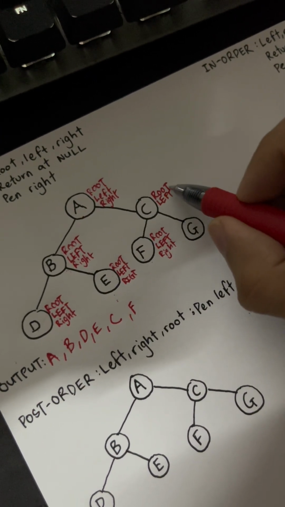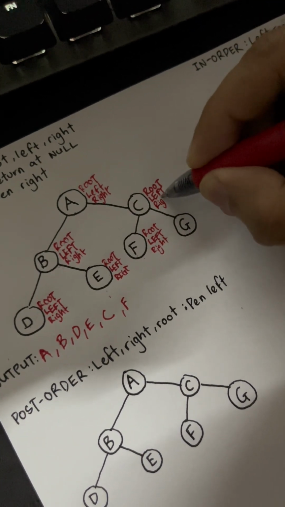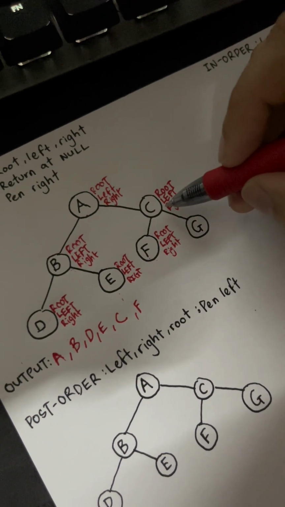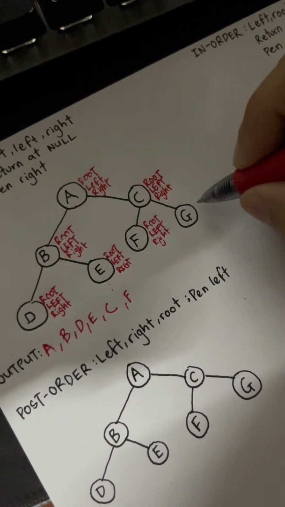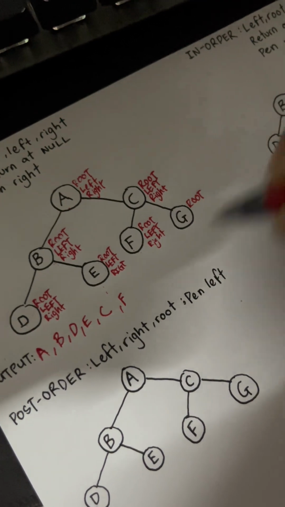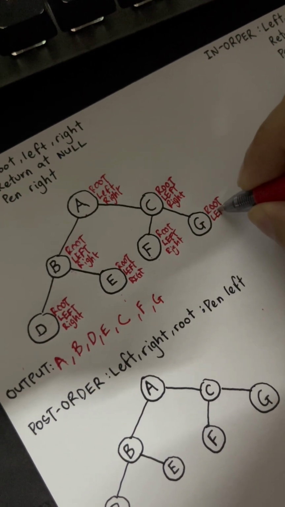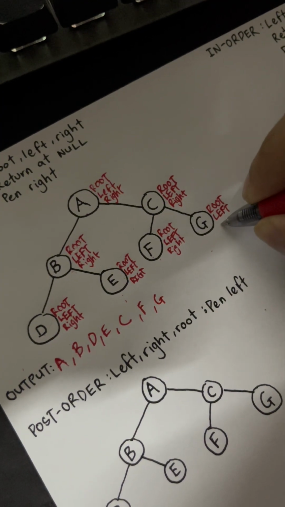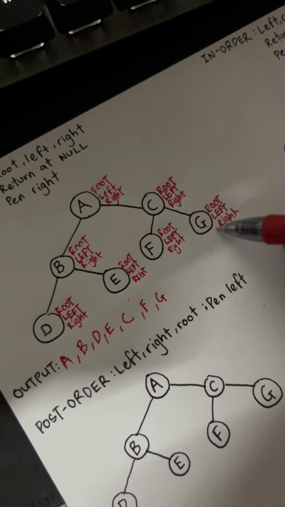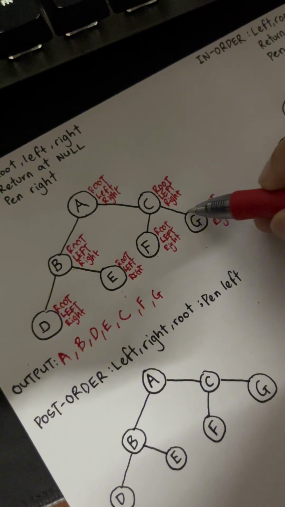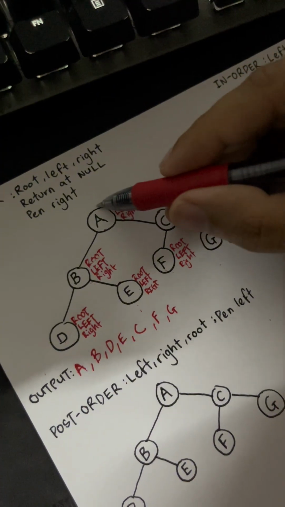Now here we have root, left. So we have to execute right. Okay, so you can see at each node I am executing those three steps. So here, go right. Then we start again, root. Then left will be null, so return, and then right is null, so return. Once we've done that, we have completed all steps here, so go back. We've completed all steps here, so go back, and we are done,